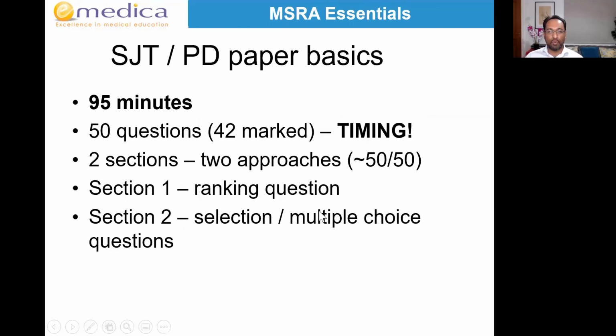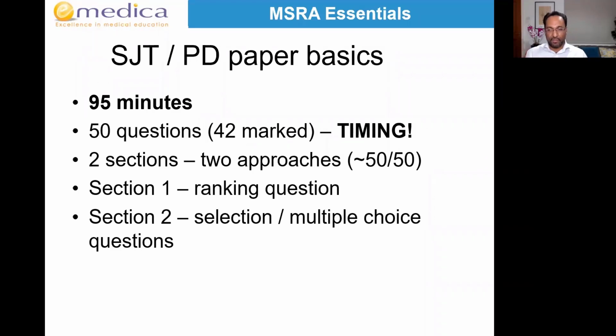So timing, really important. The way the SJTs are marked, if your answer isn't perfectly correct, you can still get partial marks. Whereas clinical, you get it right, you get a mark. You get it wrong, you get nothing. But the SJT, you get it wrong, depending how close your answer is to the best response. Sometimes you can be wrong and still get 90% of the marks in section 1.